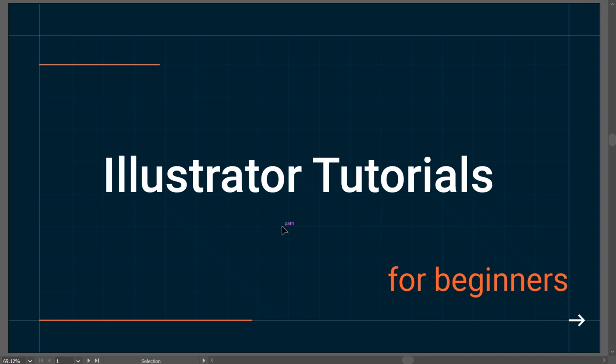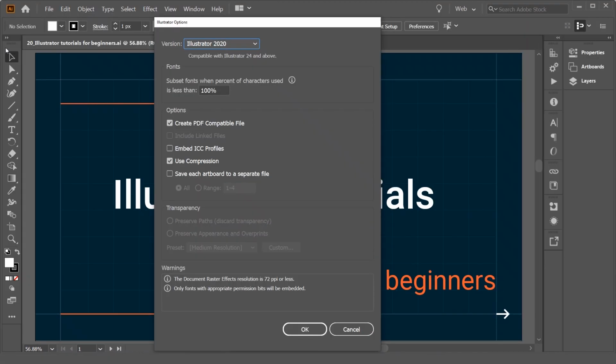This video series is about Illustrator tutorials for beginners. So let's get started. I am using Adobe Illustrator CC version 2020, so my UI might be a little different from yours. But if you are using any older version, it's almost similar to that. 80 to 85% of the layout and UI is the same. If you are using CS6, that is also about 80% similar to this. All the basic fundamentals work the same as how I'm showing in this tutorial.